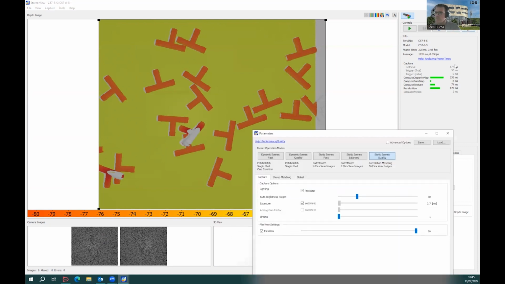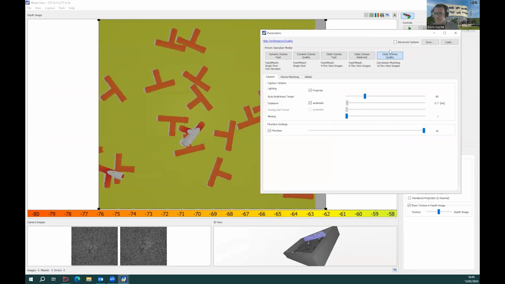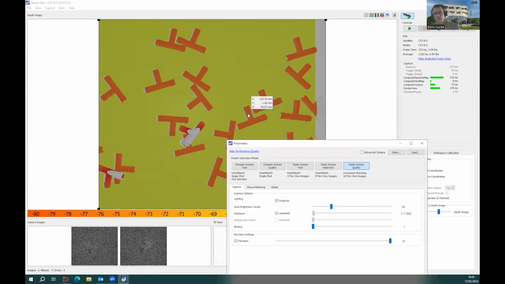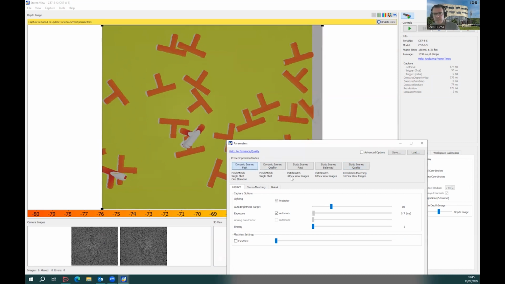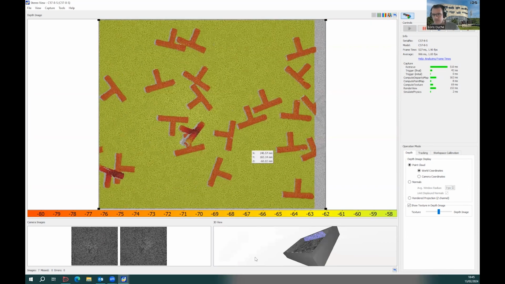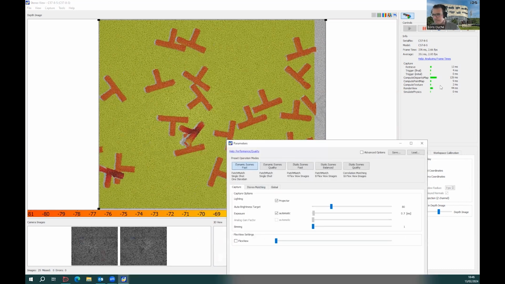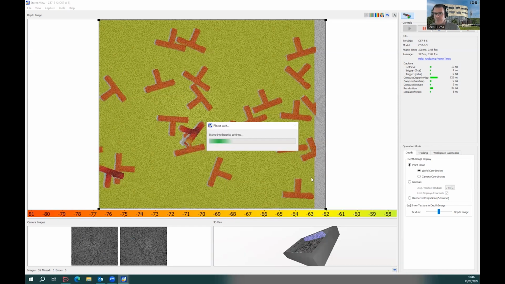So let's open the parameters view. By default, you will have the easy to use view of the parameters. That means 5 presets, depending on whether you prefer to have a point cloud with very high data quality but quite a slow frame rate, or you can choose to go dynamic fast. Click the play button. In that case, the acquisition rate is much higher, but you will lose some accuracy. So dynamic scenes fast, static scene quality.